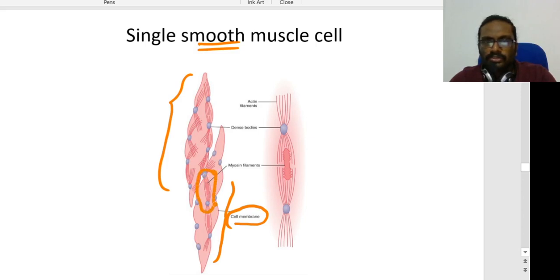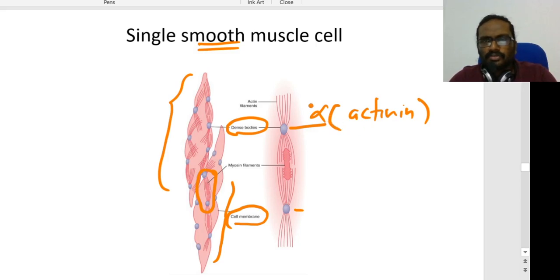Here you can see 2 blue dots, 2 blue dots. What are these blue dots? They are called dense bodies. Here also we have dense bodies. The dense bodies are also made up of proteins, like alpha actinin, for example. This is just an example I told you, there is no need to study it. It is a lump made of such proteins. These dense bodies are a very important component of smooth muscles which you don't find in skeletal muscle